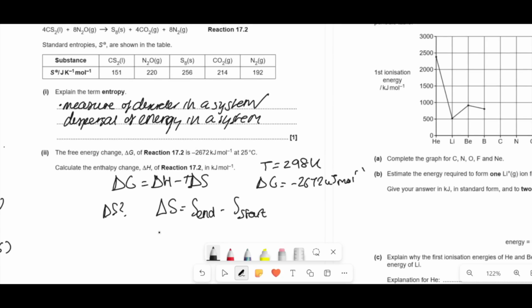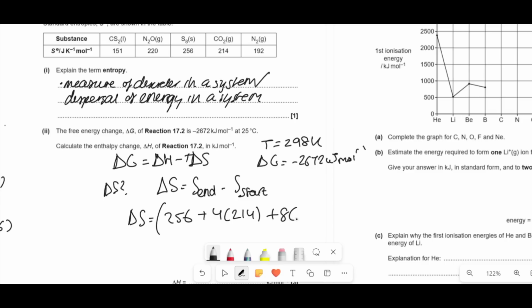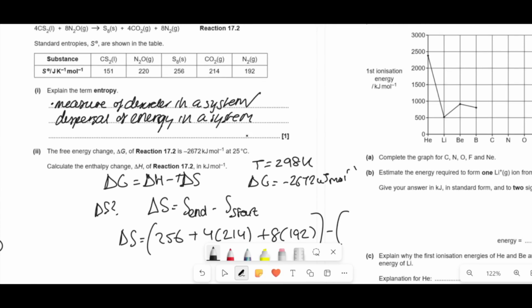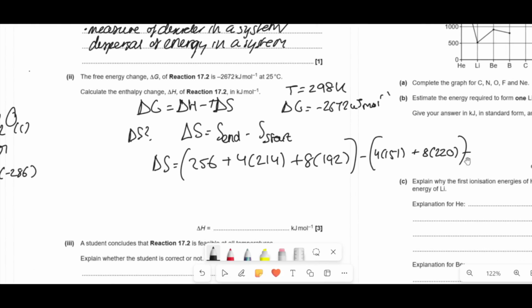So delta S would be the entropy at the end. So at the end of this reaction, our entropy is what? 256, right? That's the 256 plus 4 CO2, so 4 214s plus 8 N2s, so 8 192s. That's minus the start ones. Where's our start one? So 4 CS2. Where's that? So 4 lots of 151 plus 8 N2O, which is 8 220. And then I'm going to just work that out. So delta S equals, it gives you